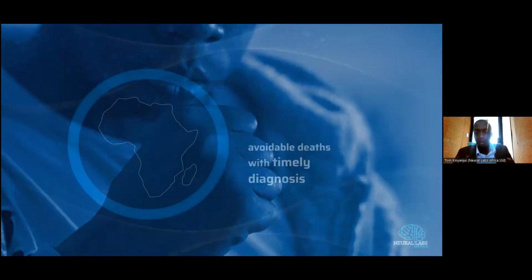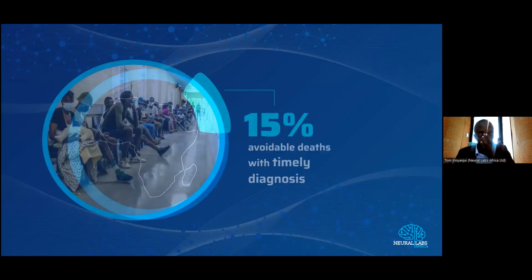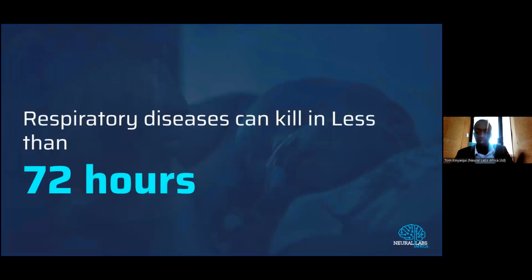In fact, about 15% of all deaths in Africa would be avoidable with timely diagnosis. But diseases will run rampant due to overburdened and under-resourced health systems. Patients will have to wait for up to 2 weeks to receive analyzed lab results, especially in marginalized communities. But when aggressive diseases like pneumonia, especially in children, can kill in less than 3 days, longer wait times are